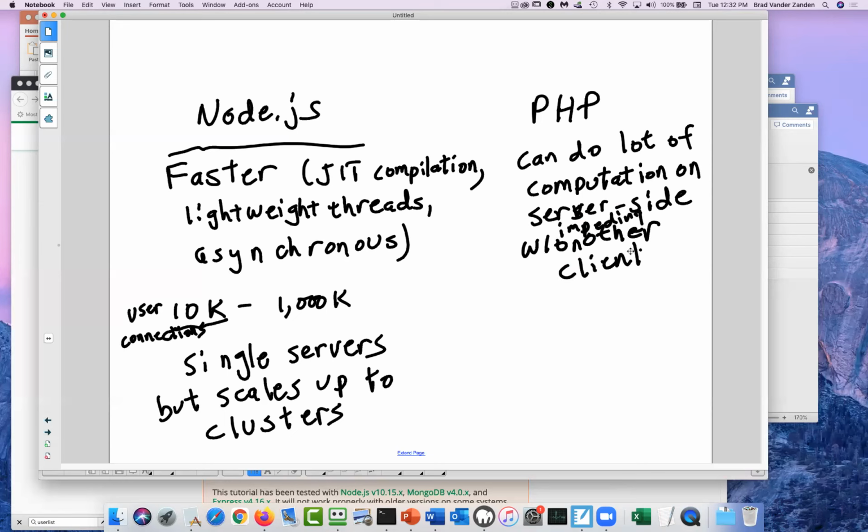So PHP does well basically with heavy computation. Node.js does well when essentially you're just hitting the database and not doing a lot of other computation. So I'd say Node.js is good for DB intensive GUIs. And PHP is good for computation intensive.